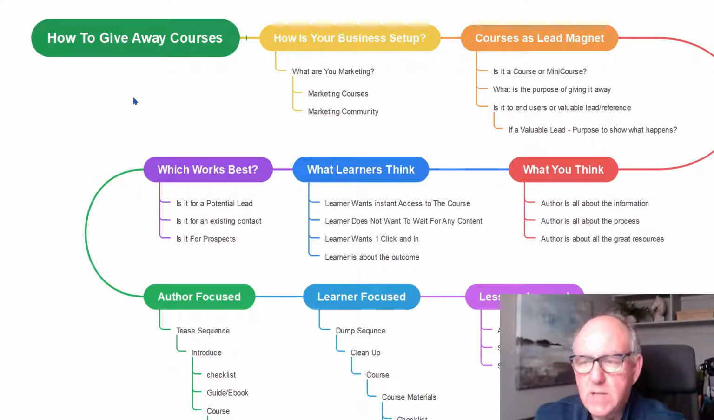This is actually a mind map that I put together just for doing this course. And I do have some courses on how to use mind maps for putting together courses. But this is kind of the steps, right? How's the business set up? Are you going to use a course as a lead magnet? What you think, what the learners think, which one works best, the author-focused Tease sequence, the learner-focused dump sequence, and